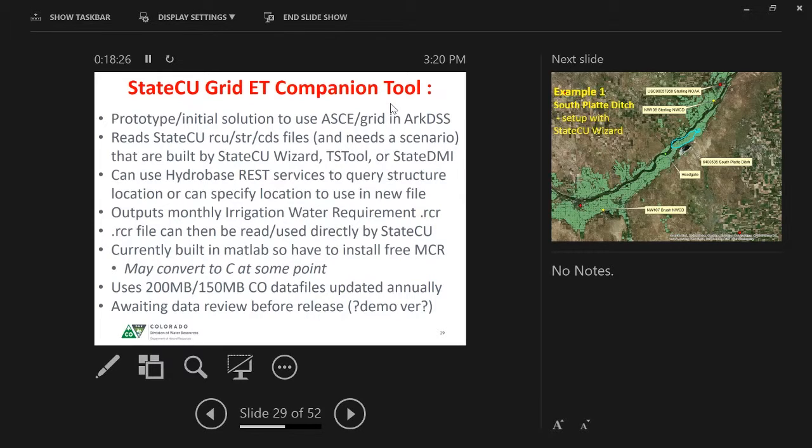But so how do you use it? How do we get it into a tool or into a data set? So for StateCU, our current prototype thought is this little companion tool that will work with StateCU. It is a prototype, an initial solution for getting this data for us to use in StateCU. I think we're going to really welcome a lot of input from you and from ourselves internally if this is the way we go. But how it works is you already set up your StateCU run,